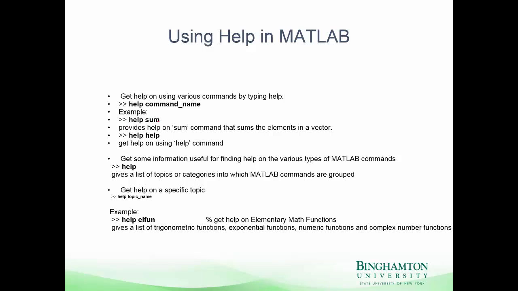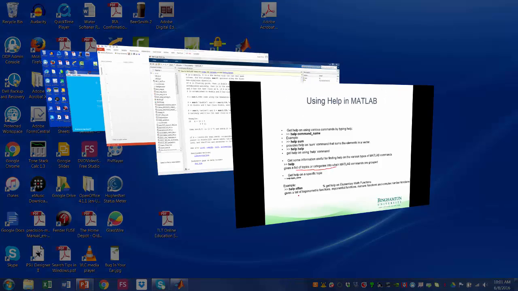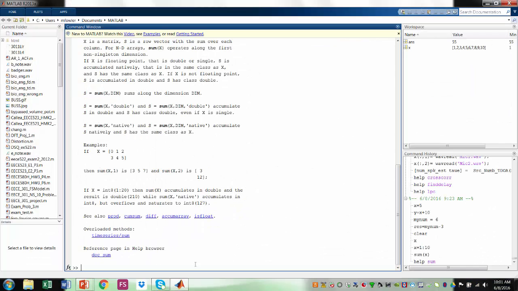If you don't know the name of a command, how do you get help? Well, you can say help. And help gives you help on using help. So it will tell you how to do that. And if you just type help, it gives you a whole list of topics or categories into which MATLAB commands are grouped. Let's see if we can take a look at that. So there we go. If I just type help,